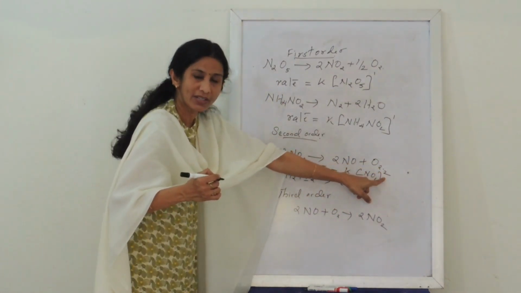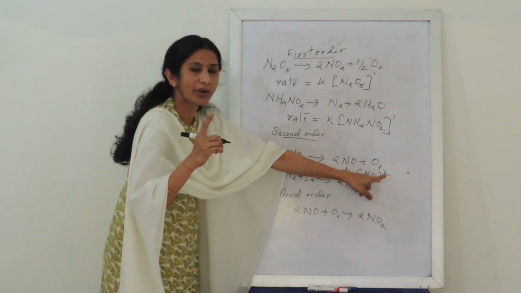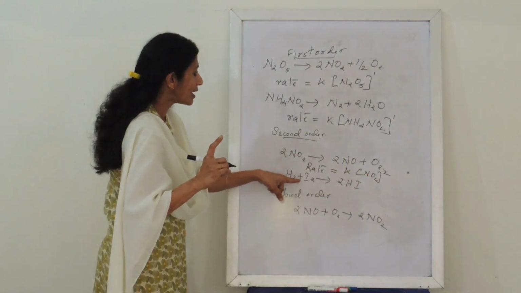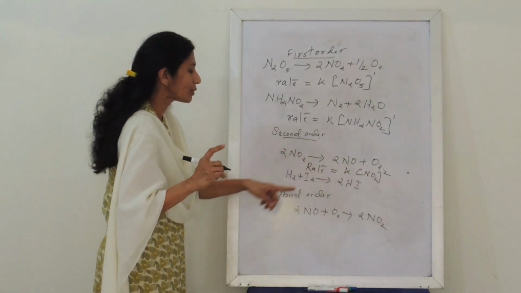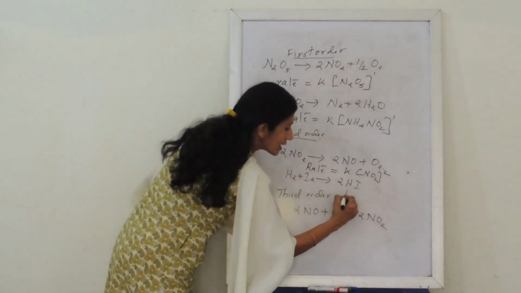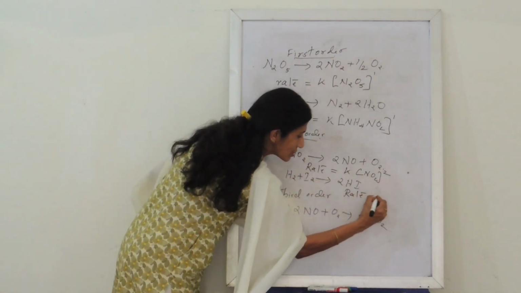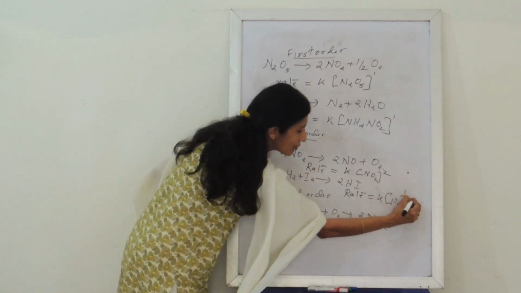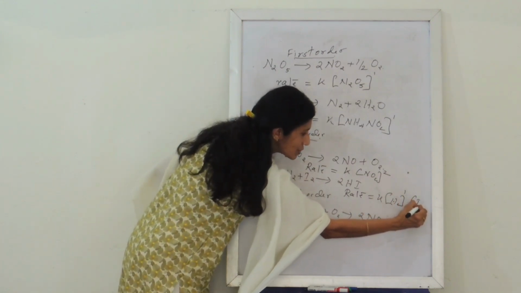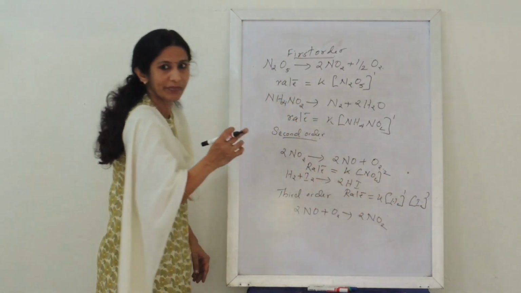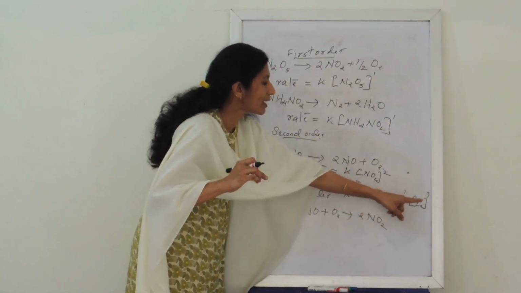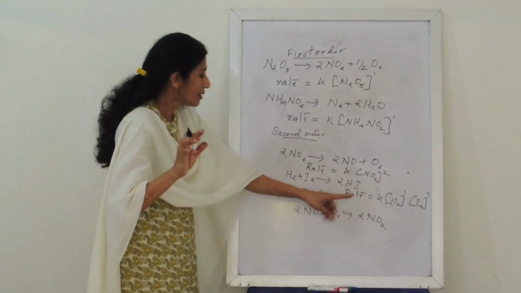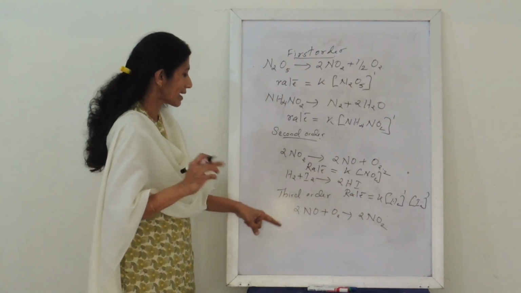അതായത് experimental quantity ആണ് ഇതിന്റെ order 2. Then another one, H2 plus I2 gives 2HI. എങ്ങനെ വരും rate is equal to K into concentration of H2 to the power 1 and concentration of I2 to the power 1. Order എത്ര വരും here 1 plus 1 2. മനസ്സിലായോ? ഇനി third order reaction